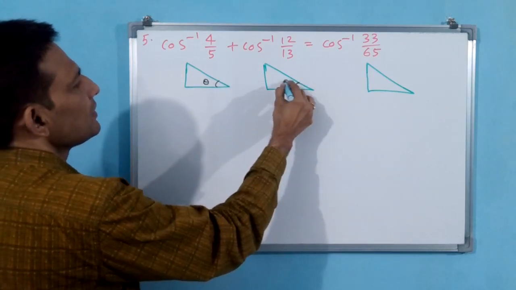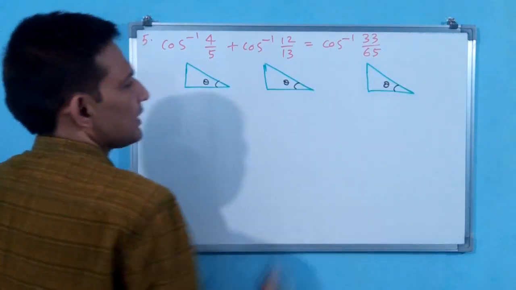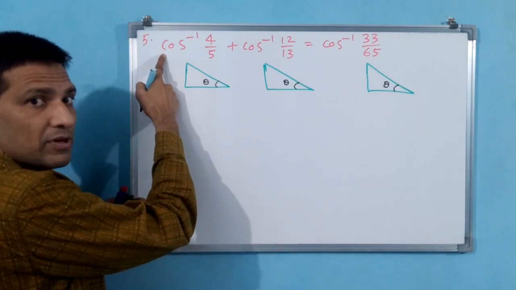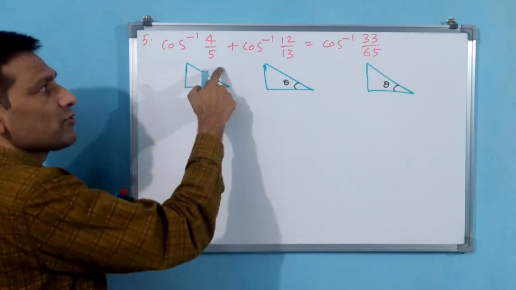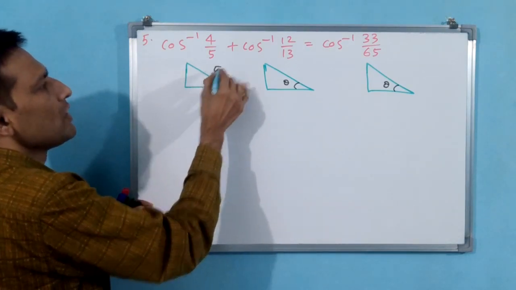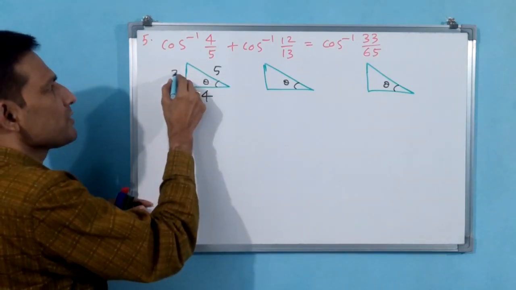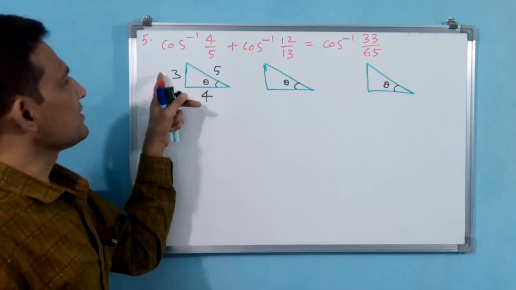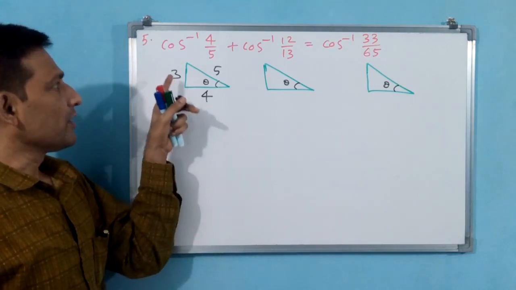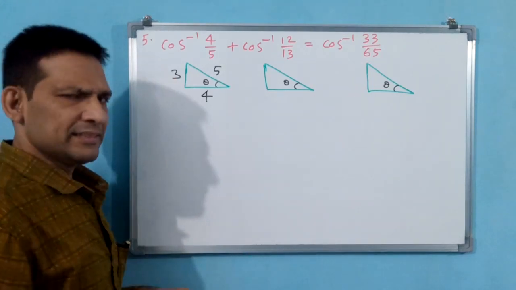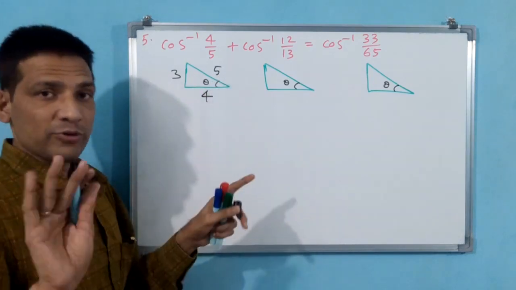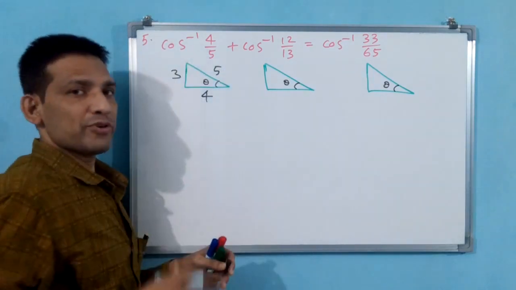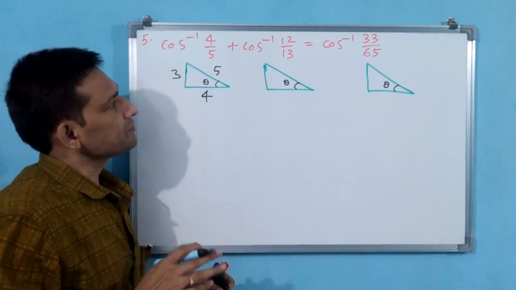Theta, theta, theta. Cos, this time cos. Carefully write adjacent side to hypotenuse. 4, 5: since 4, 5 has come, you don't need to calculate, 3 you already know. Here 3 comes, 4 here. Here 4 comes, here 3. Like this you have to write. 5 is not going to change. For 3, 4, hypotenuse is 5 always, the bigger one.